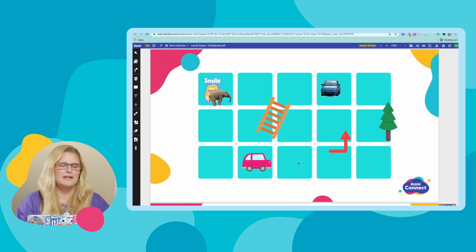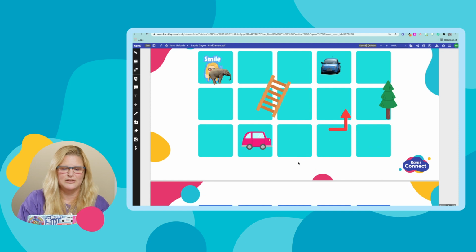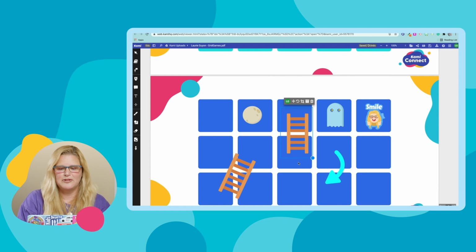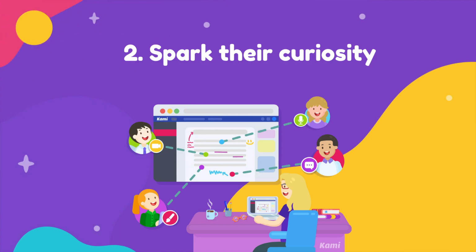And you can set up these boards in lots of different ways. These grid games can be set up like chutes and ladders, where you have the ladders and the arrows. You could have it be more of a snake kind of setup. However you'd like to do your professional learning, you're welcome to do that. So I usually have several boards that they can choose from, depending on how many people I have in my session. We want to make sure that we're getting people engaged in the learning process. So this could be something where you can have them draw something, you can have them create a video, you can have them add audio files, or use different shapes and images. All of those are right there on the CAMI platform for them to use.